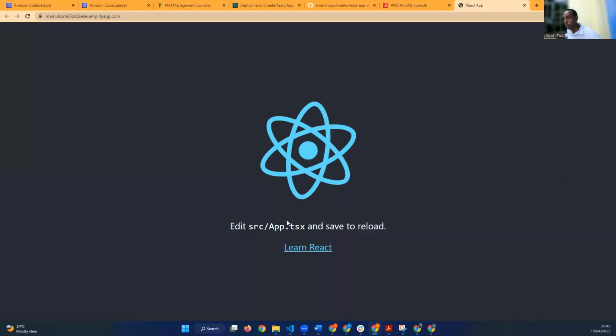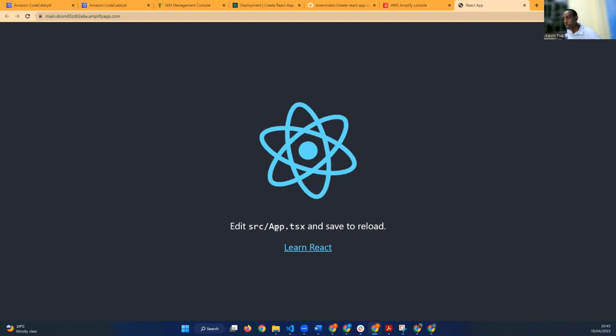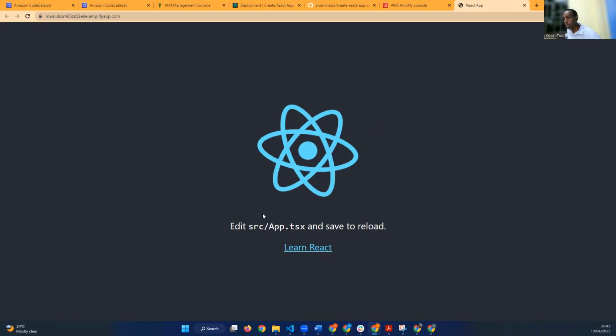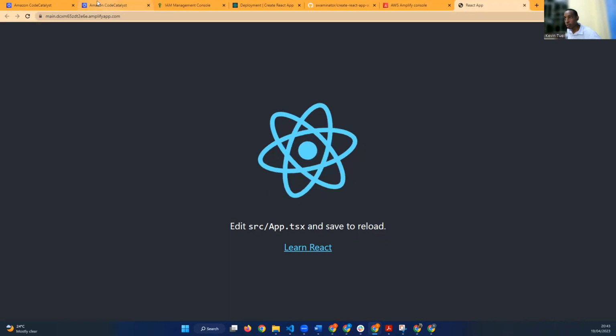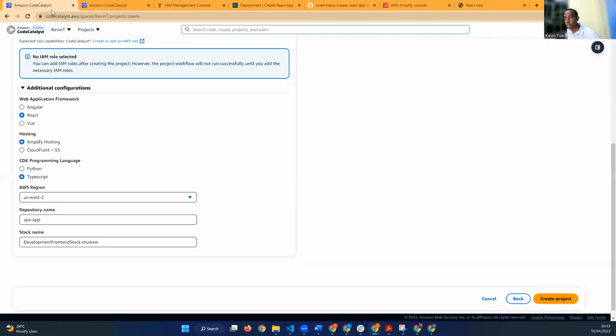So I can edit src/App.tsx and save to reload. If I look at my README,